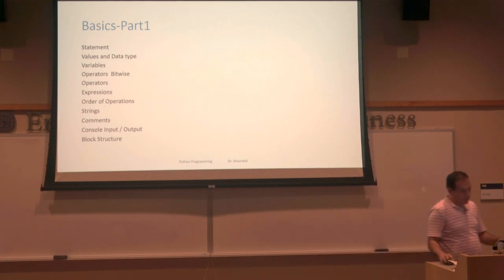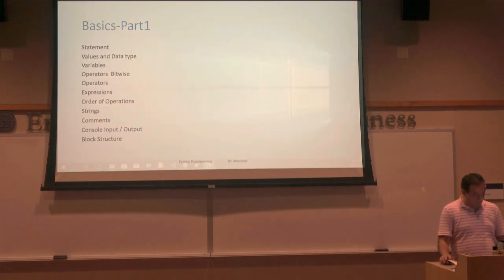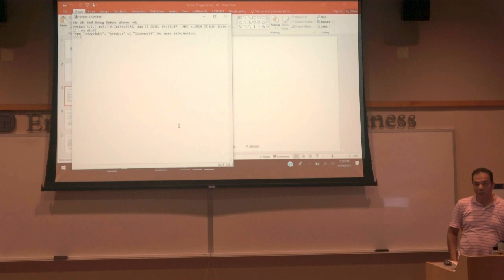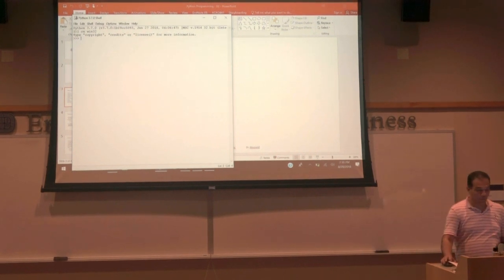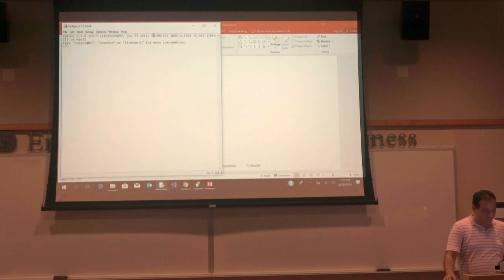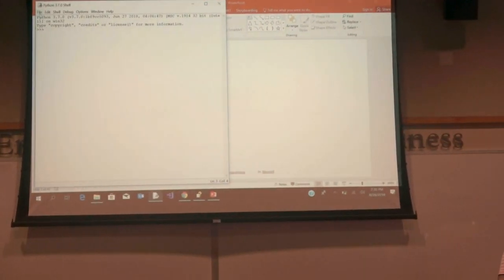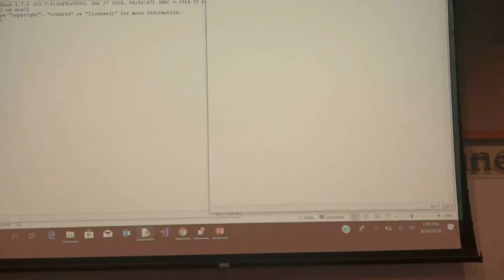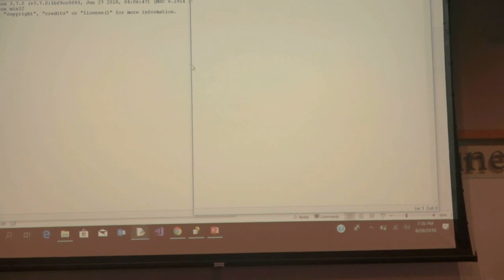So before I go to an example, I want to show you this. So this is the IDLE. Okay. So I download IDLE. You're going to download it. You have enough instructions for that in here. And it's interactive. You could do many things interactively. Also, you could create a file, and you save it. So let's take a simple